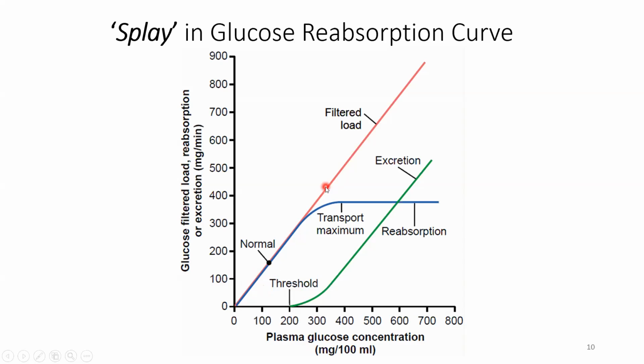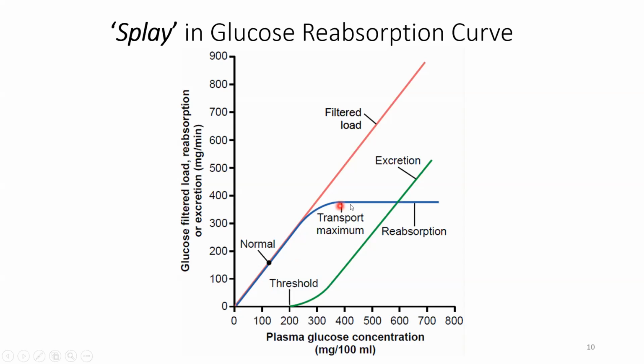As you increase the plasma glucose concentration, you increase the glucose load in the filtrate, and it keeps on going. It's a direct proportion between the amount of glucose in the plasma and the amount of glucose that comes in the tubule. It's a no-brainer. It's a simple thing. Things get tricky when you look at the reabsorptive curve,